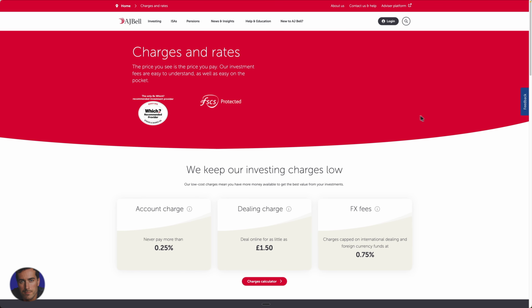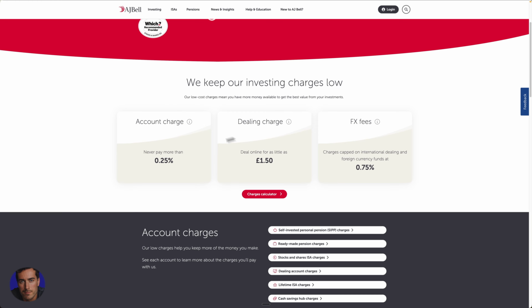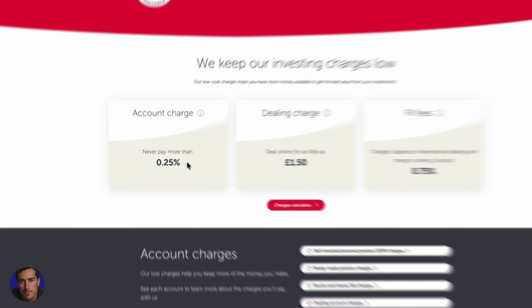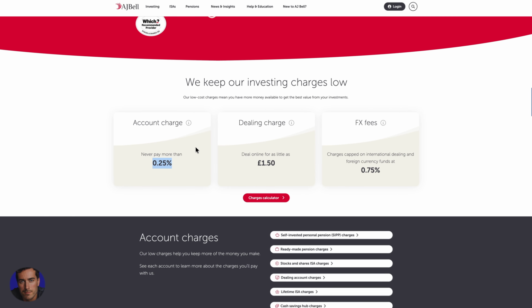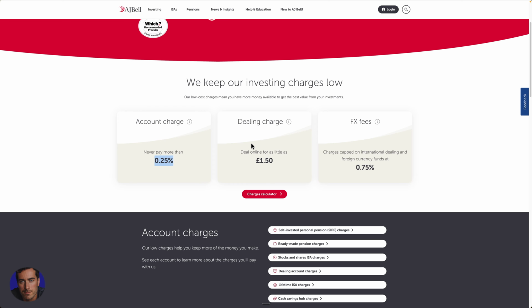You might have seen the adverts, especially on the radio. So they've got this little kind of headline figure here. They've got account charges. You will never pay more than 0.25%, as you can see here. So left to right, they've got the account charge. They've got the deal-in charge. Deal online for as little as